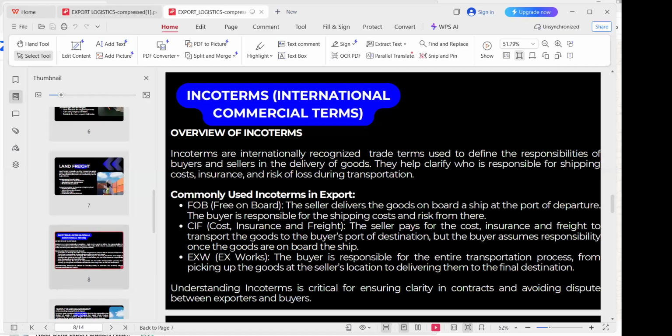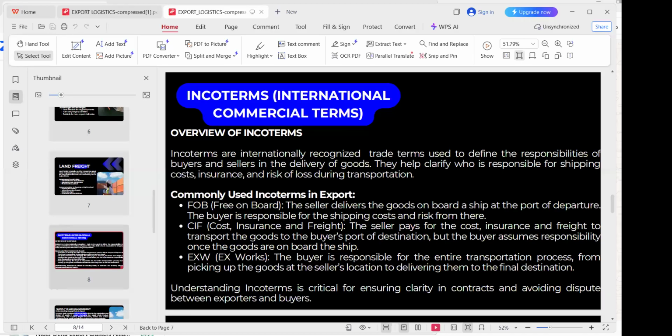These are a set of international agreements that seem somewhat complicated at first glance. However, once you understand the rules, it is easy to use Incoterms. The commonly used Incoterms in export, we have the FOB, which is free on board. It is often used for sea transport and means that the seller delivers the goods up to the board of the ship and takes over the cost of transport. But from here on,